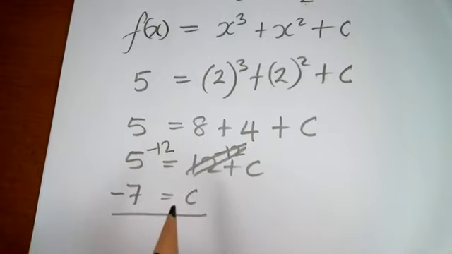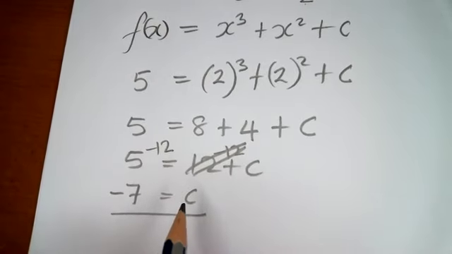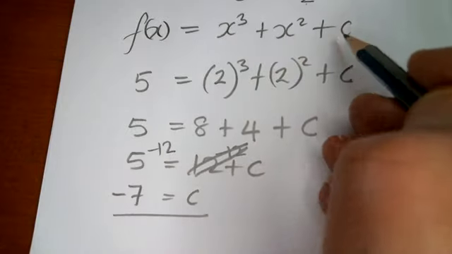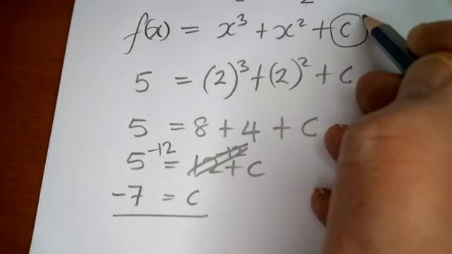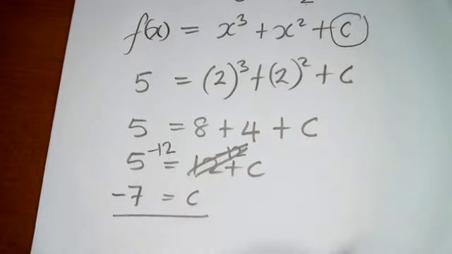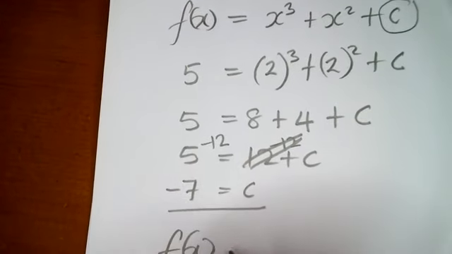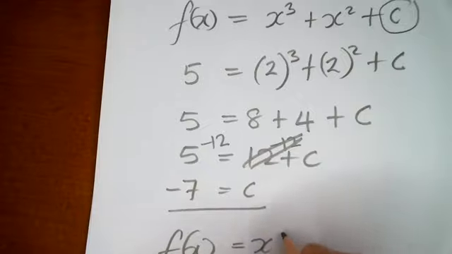Now we can plonk that back into the equation, because we've got the equation here, we just didn't know what the c value was. But of course, now we do. So the original equation now will be f of x is equal to x cubed,